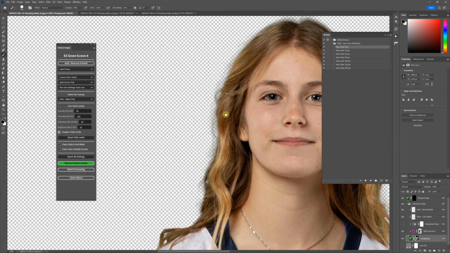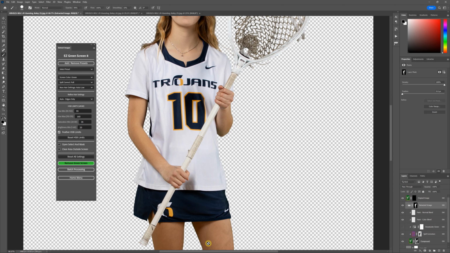So you see how that, with the original Easy Green Screen, and then if we're running an auto clear with 0 pixels where we're not expanding that radius, we lost some of the hair. We also lost that entire string here. In addition,